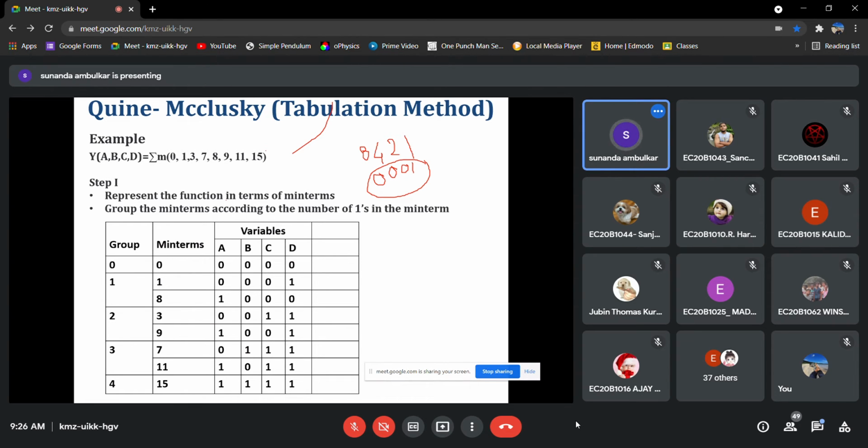We are doing the minimization of any type of Boolean expression with many variables. We are trying to minimize those expressions, because if we represent them in terms of those min terms, what will happen if you try to implement the circuitry?